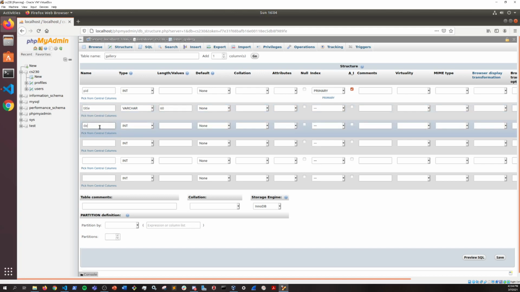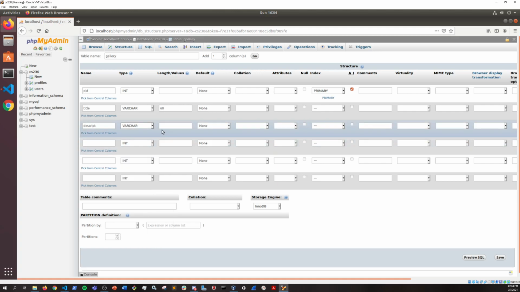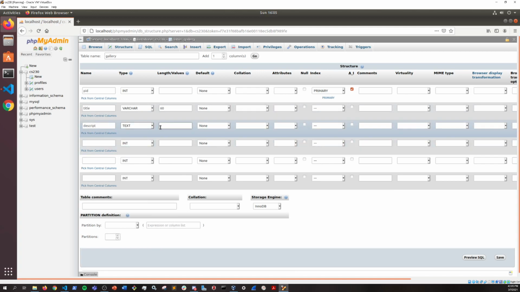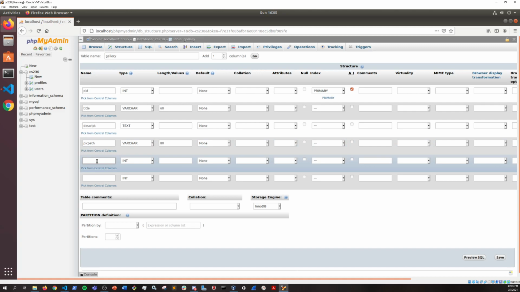I'm going to have a description, because I'm lazy and I'm not going to type out the full thing. And that is actually going to be a text field, and that's going to allow it to be an arbitrary length. It's just really, really big. I'm going to have a pic path, and that's going to be varchar. The size for that one is going to be 80. And then